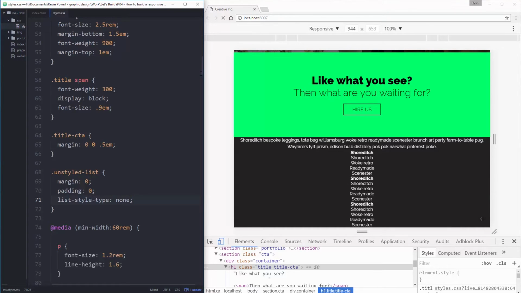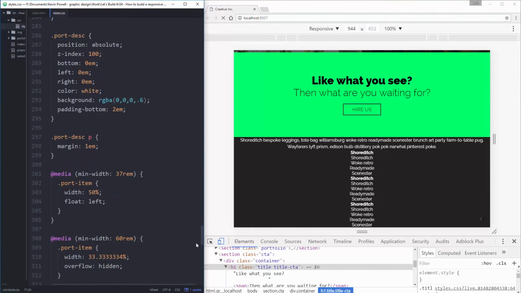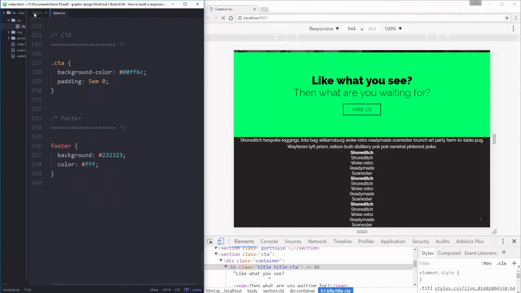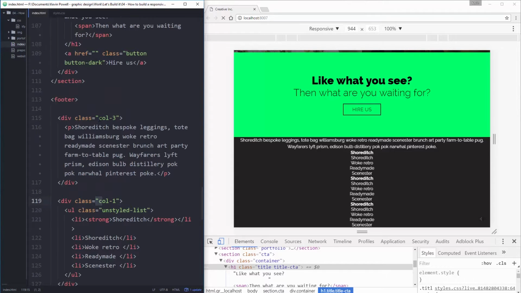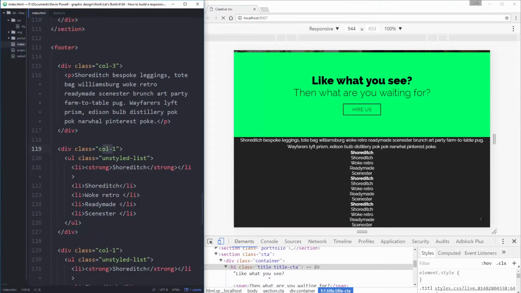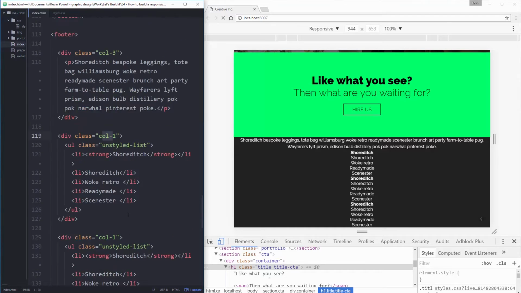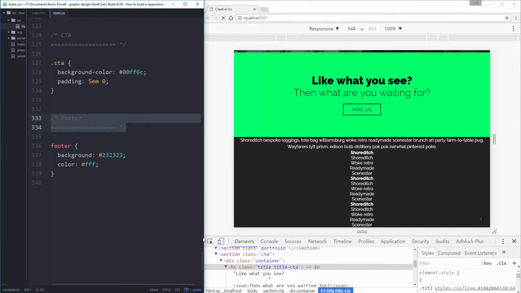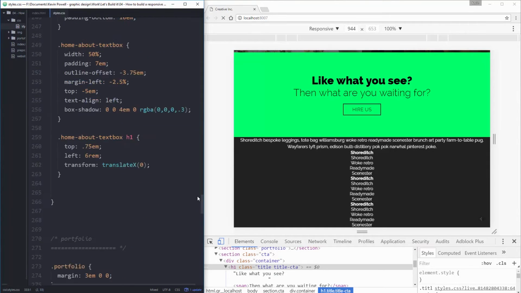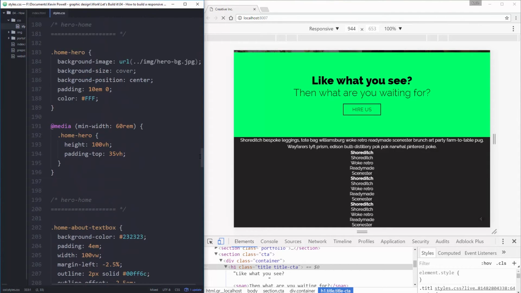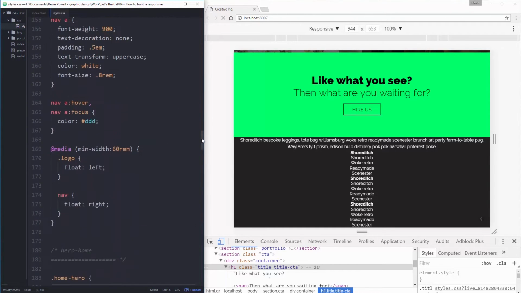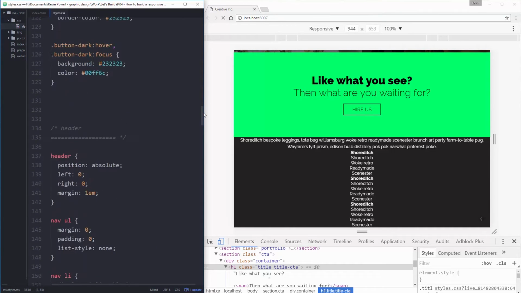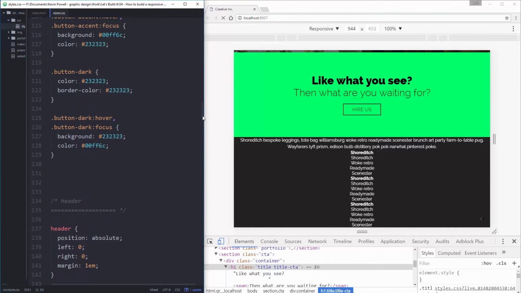Cool. And now I can actually jump back into my footer and make this look a little bit nicer. So let's just go look again. I've set this up as a column 3, a column 1, a column 1, and a column 1. And I called them that because I wanted to create a bit of a grid system that again could be used across other parts of my page. So even before my navigation, before my buttons,